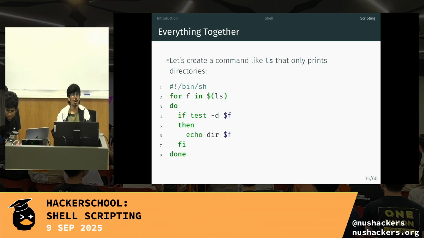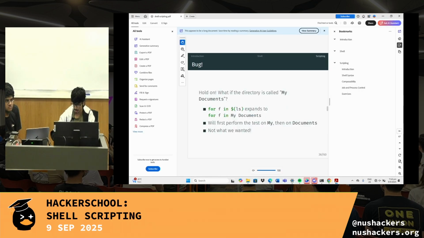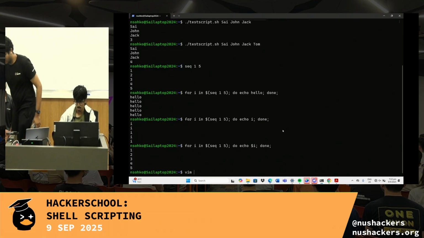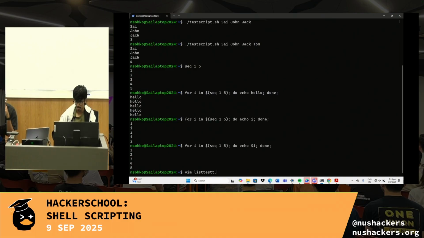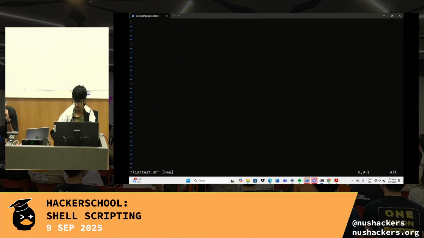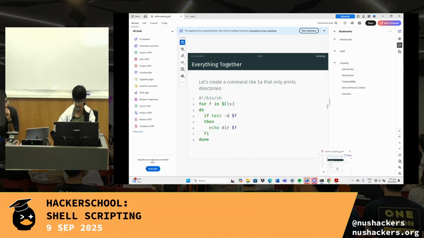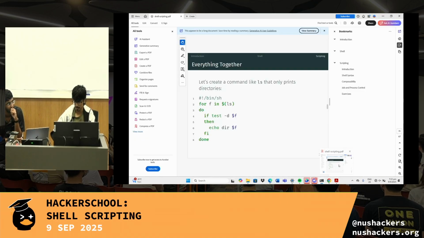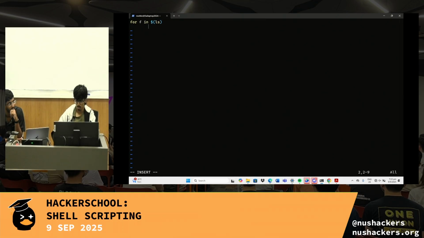Okay, so one common use case that you might want to consider trying is creating a command like ls that only prints directories. So we can try coding this out. Let's open a file, list test.sh. Let's just follow the code in the slides. So for f in $(ls),